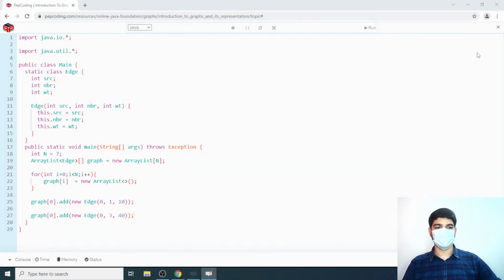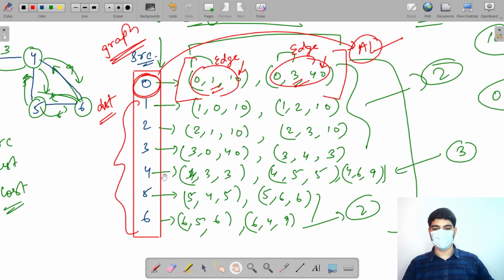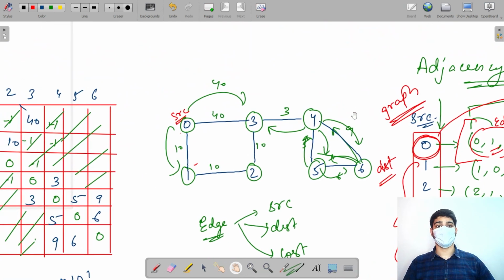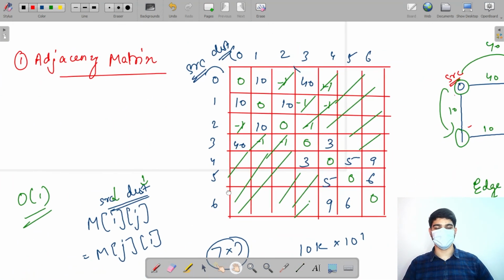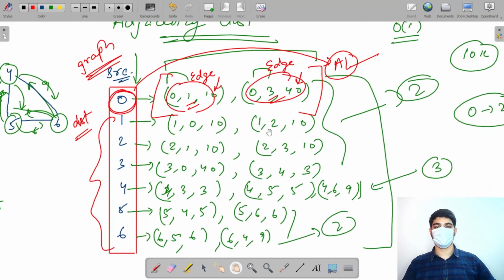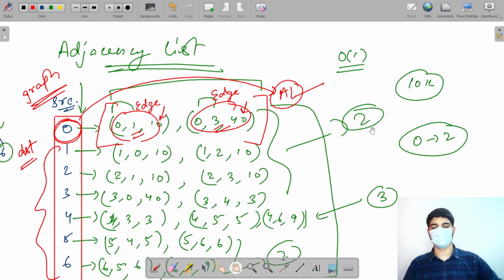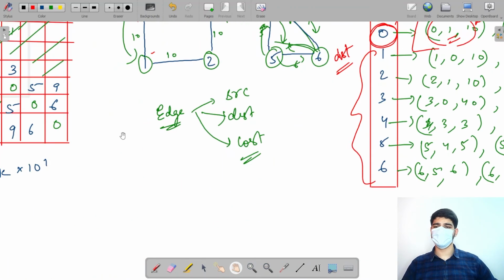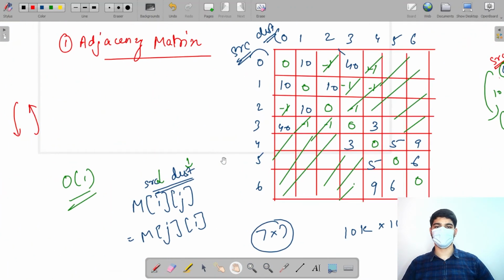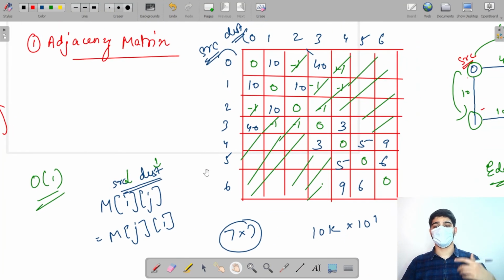I hope you understand what a graph is and how we can represent a graph, and I hope you understood the difference between adjacency matrix and list and how we prefer a particular one over the other, right? So adjacency list gives you space optimization, but adjacency matrix, however, gives you lower time complexity to determine whether there is an edge or not, right? So access to an edge is much faster with an adjacency matrix, however, at the cost of extra space,